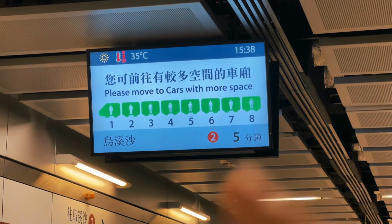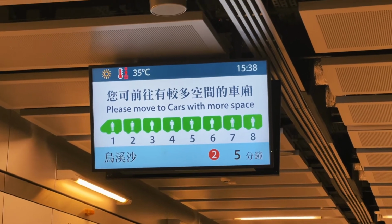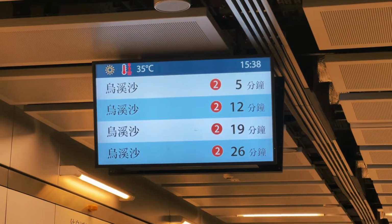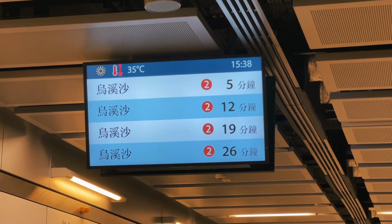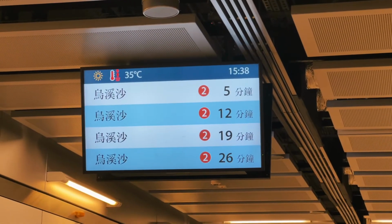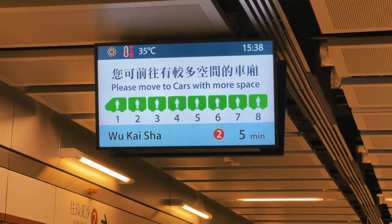So the train actually has these metrics to show which cars have space and don't have space, and then you also have the temperature there. You have the station names both in English and in Chinese characters. So the next one is going to come in 5 minutes, and as you can see, these are 7-minute intervals, and this is actually one of the